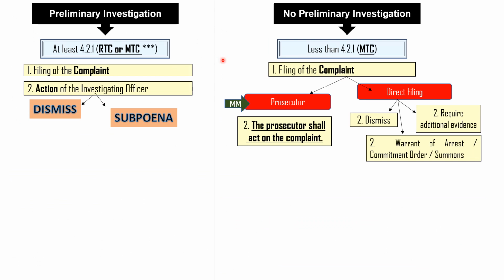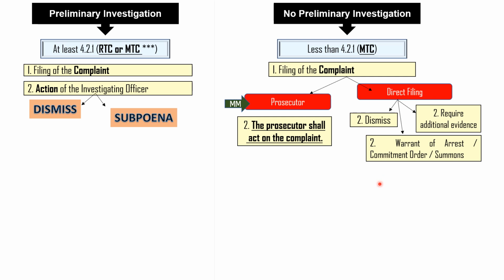So based on these 2 tables, we can say that if a case does not require PI, mabilis na ang procedure, because if it was first filed in the prosecutor and the prosecutor prepared an information, then ang next step niyan is aakyat sa court. The court will issue now a warrant of arrest, then it will schedule an arraignment, then pre-trial, trial, and judgment. And if it was directly filed with the judge, or with the MTC rather, then if there is a probable cause, the judge will issue a warrant of arrest, then schedule the arraignment of the accused, pre-trial, trial, and judgment.